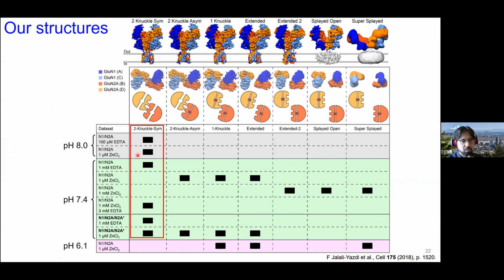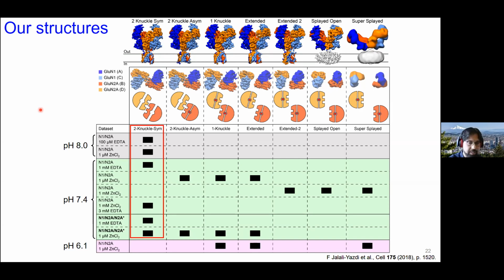Okay, so we had one tool in our toolbox, and that was because out of the 10 different data sets that I had analyzed in this first project, 6 of them contained this structure, this 2-knuckle sim conformation that we were most interested in pursuing. And because we had 6 of them, we could now try to parse out whether this deviation from symmetry is something that we see consistently. And if it is, then maybe it's a function of just how the structure of the receptor is. Or if there's a lot of noise, maybe we are at the limit of our resolution or